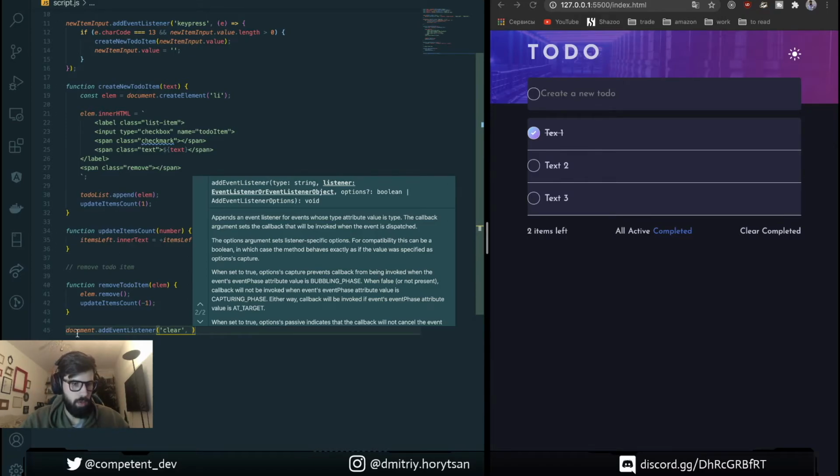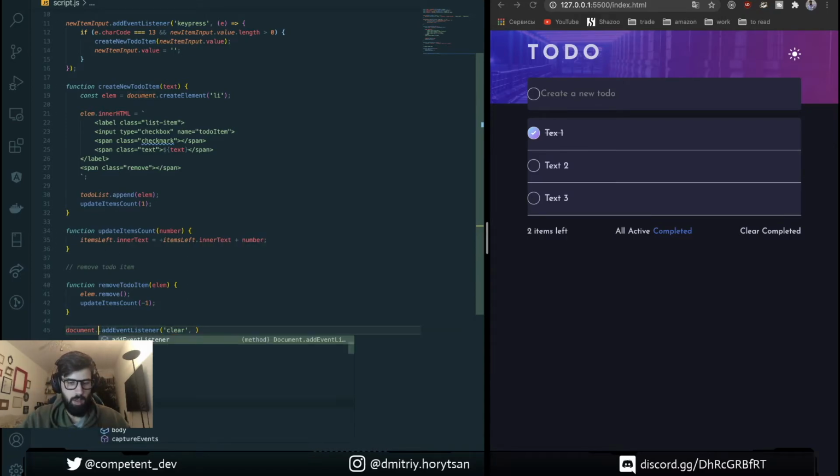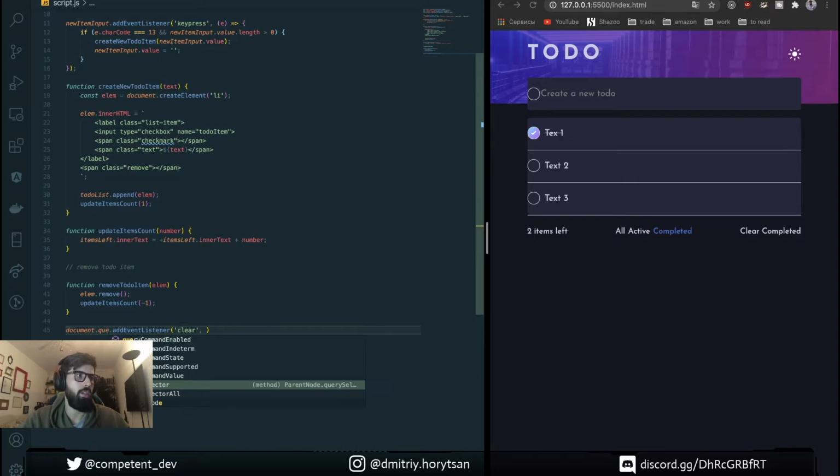Not document, query selector all. Do we need it? Yeah. Let's see.